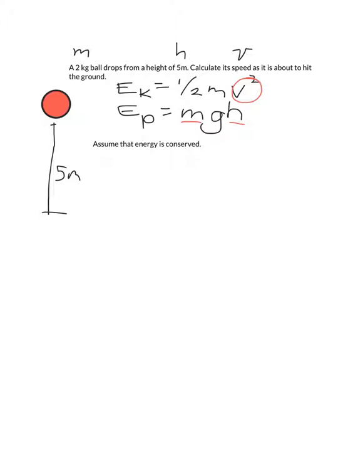So what that means is gravitational potential energy equals the kinetic energy of the ball. So that means we can go ahead and calculate the gravitational potential energy, and it will equal the kinetic energy. And once we have kinetic energy, we'll be able to calculate the velocity. So let's go ahead and start with the gravitational potential. Gravitational potential equals